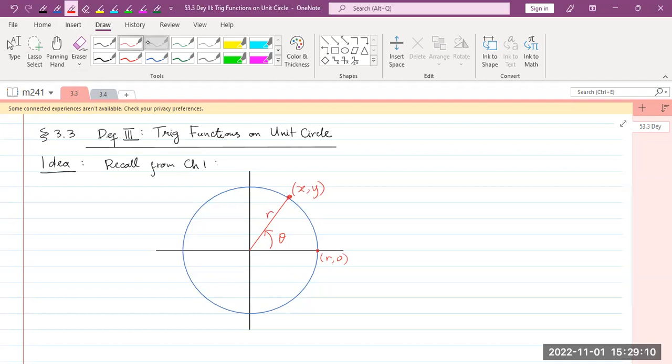Now we have learned from chapter 1 definition 2 that sine of angle theta equals y over r. Cosine of angle theta is x over r. And tangent theta equals y over x. And of course the secondary trig functions also. Now what happens in this third definition